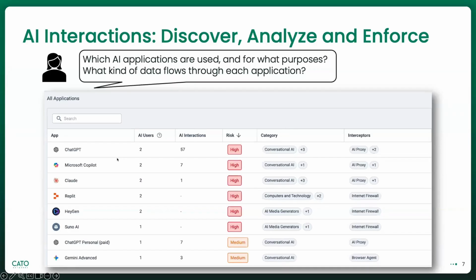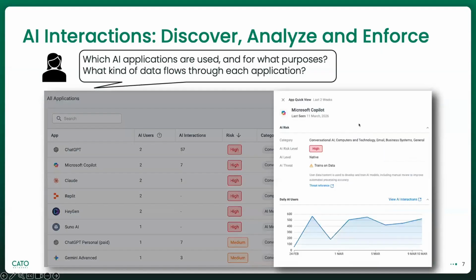So things like, okay, this is ChatGPT. Is this the enterprise version or the free version? Is the risk of this application high, medium, or low? What's the category that it's flagged as? Is this just conversational AI, or maybe it's a coding agent? So all of that are things that we can help our CIO by letting her know about all of this